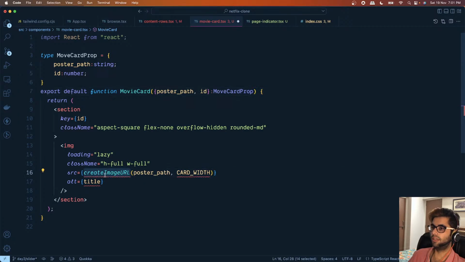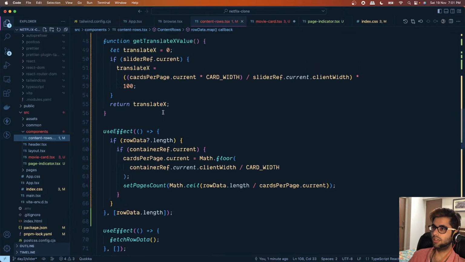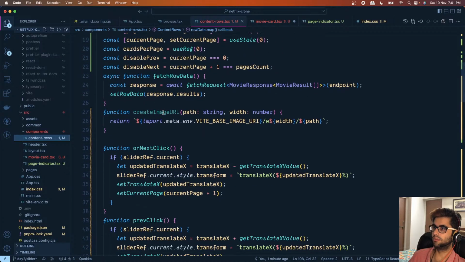And let's do one more thing. We might need this functionality across different places. So let's move this inside its own utility function. I mean, let's move it inside its own file. So we'll take this function from here,